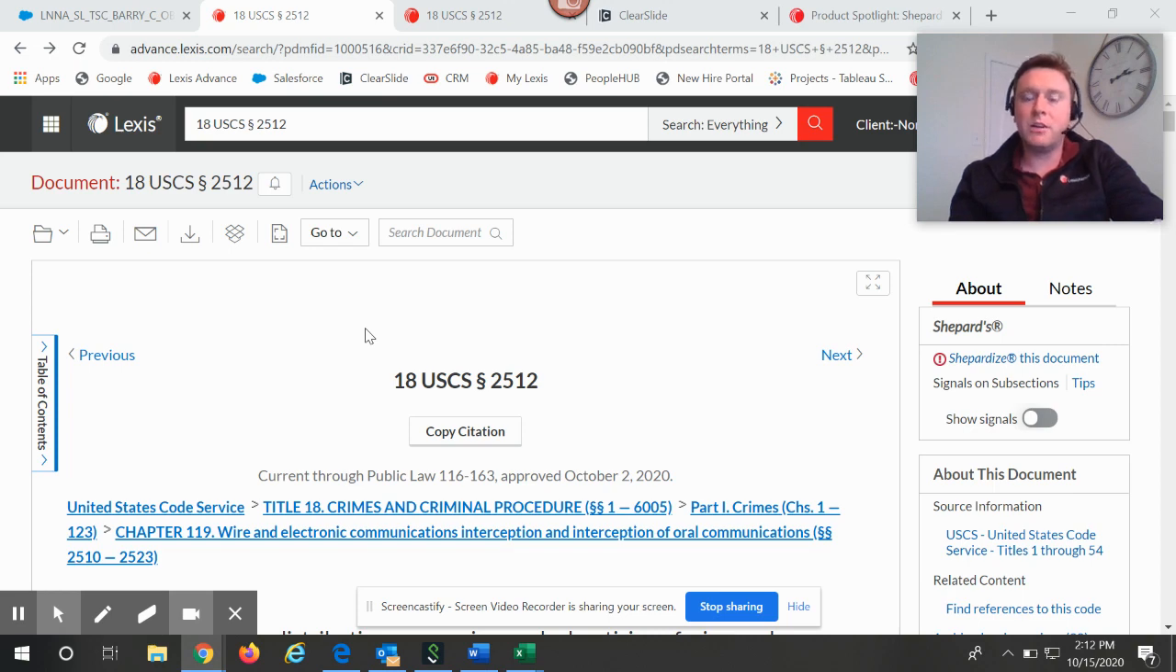Not too long ago, LexisNexis adopted a new product called Lexis Plus. With Lexis Plus, we added a whole bunch of new features on top of our already existing product called Lexis. One of those features I want to talk to you about today is called the Code Compare tool. Essentially, this allows you to compare one version of a code against another version